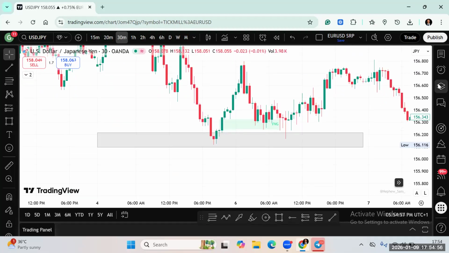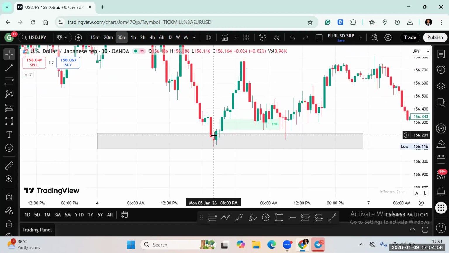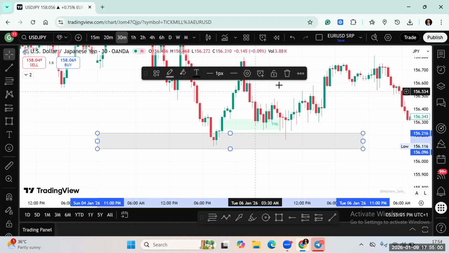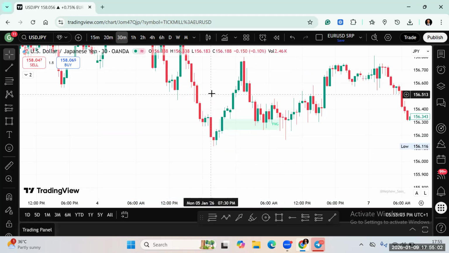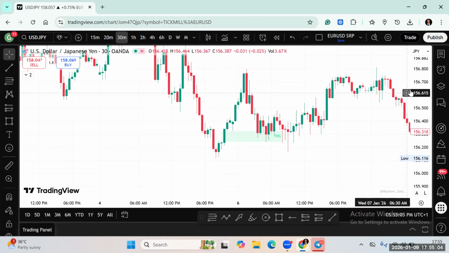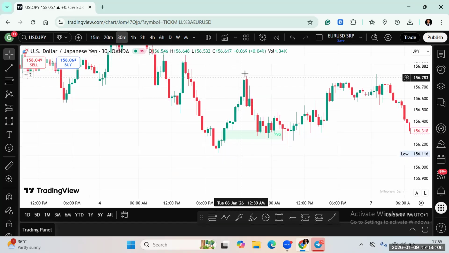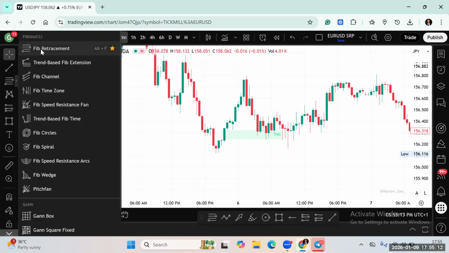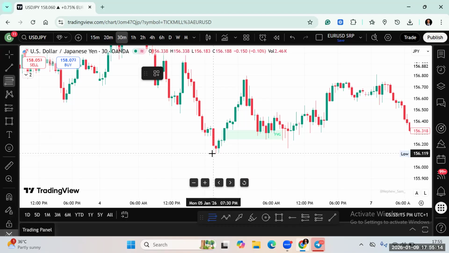If you want to use 30 minutes to confirm, it's the same thing. So, see, came to this low, and it's always good to use that long range, so that you can mark it correctly. So this is the low of the range, this is the high of the range. This 30 minutes confirmation. So if you mark it,